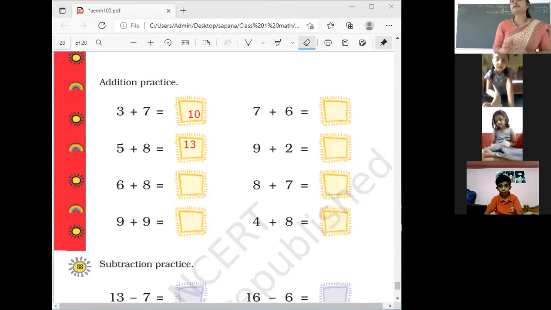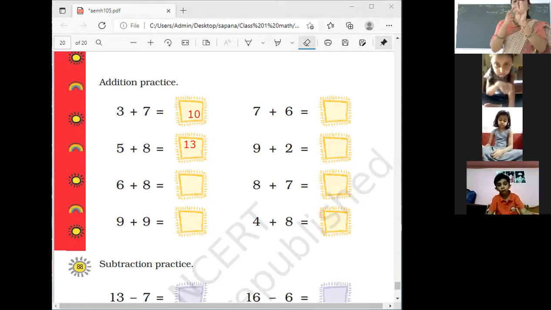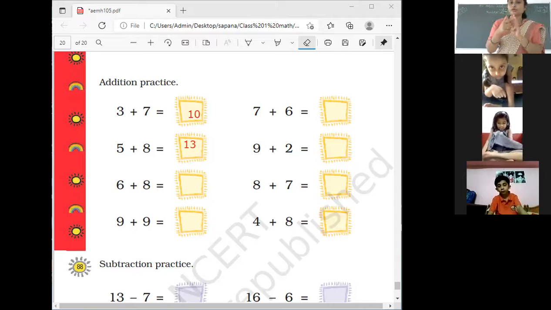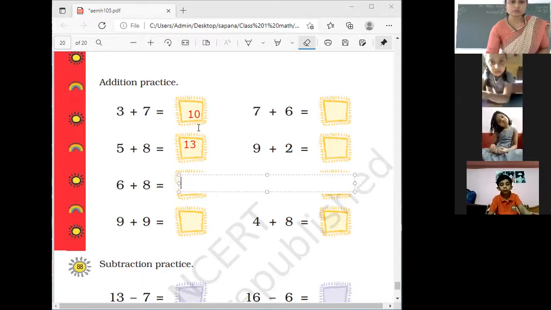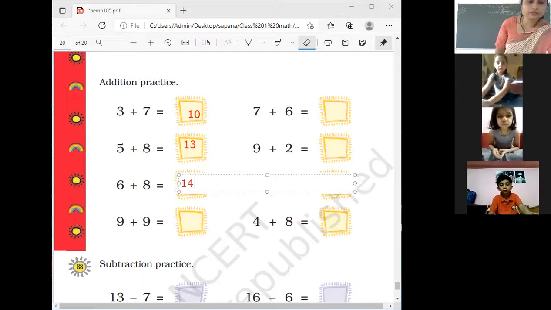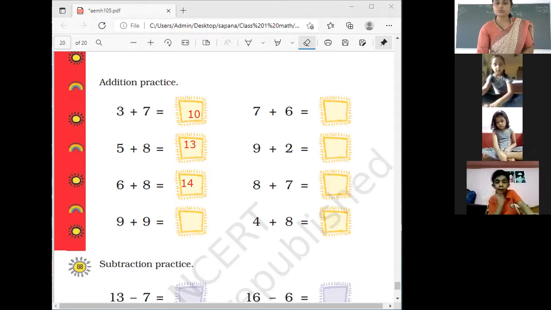6 plus 8. So we count forward. 7, 8, 9, 10, 11, 12, 13, 14. Now 6 plus 8 is equal to 14, and here we write down 14. 9 plus 9 is equal to